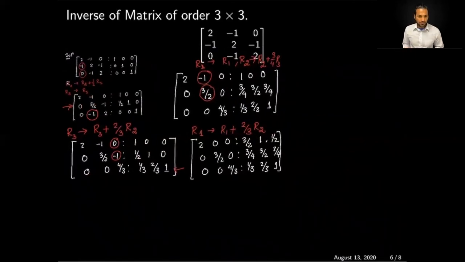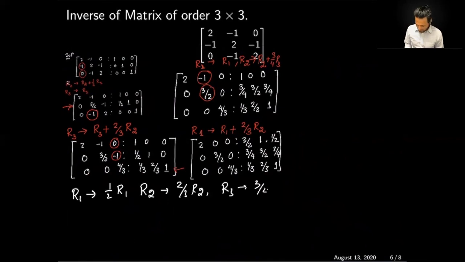Next we have to apply the last 3 row operations in order to basically make the diagonal entries 1. So these row operations simply will be on R1, 1/2 R1, on R2, 2/3 R2, and on R3, 3/4 R3. After applying this row operation, our augmented form will be 1 0 0 0 1 0 0 0 1,